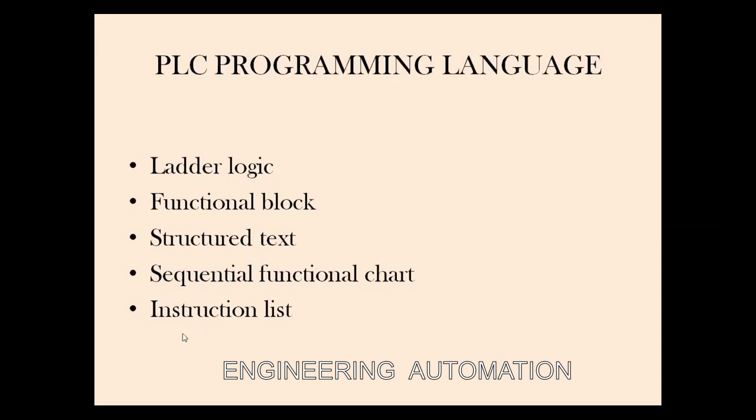Up next is sequential function chart. It's similar to the flow chart. We know, right? There will be yes or no function. If yes means do some action, no means do some other action. So it is similar to that, which is having one or more action and transition. Fine. Next one is instruction list. It is a text-based language for building small and complex systems. So these are all the 5 programming languages we are having in a PLC.